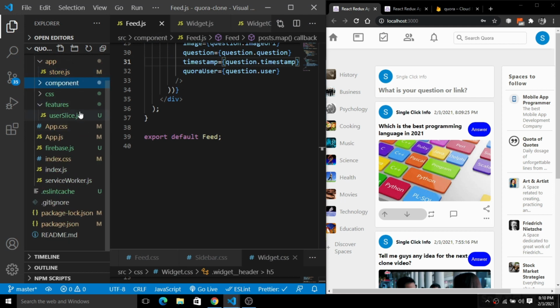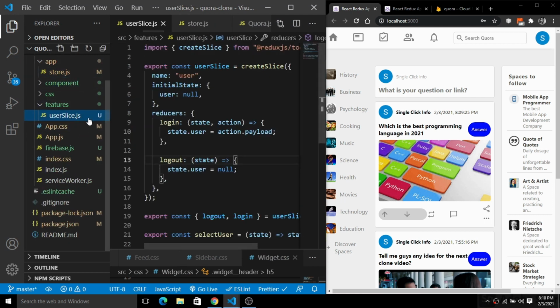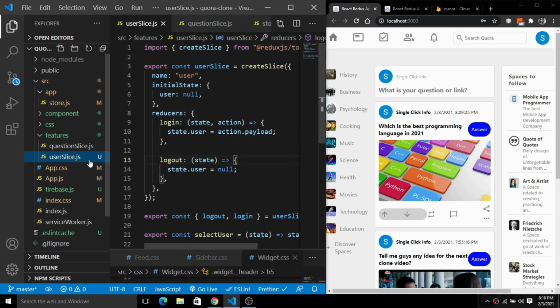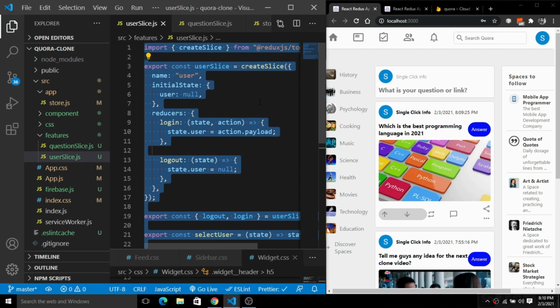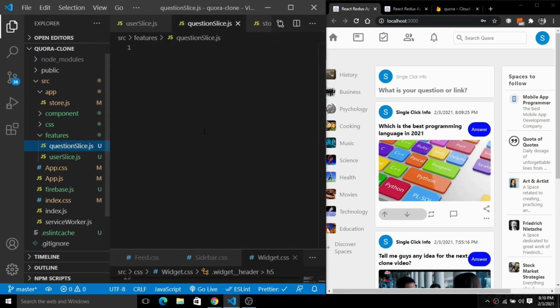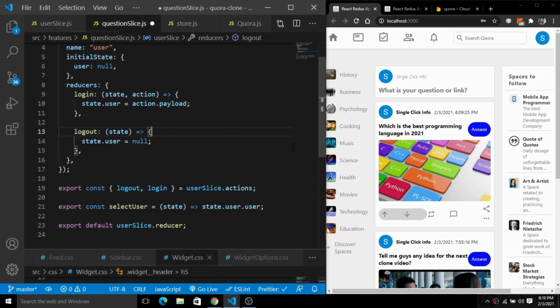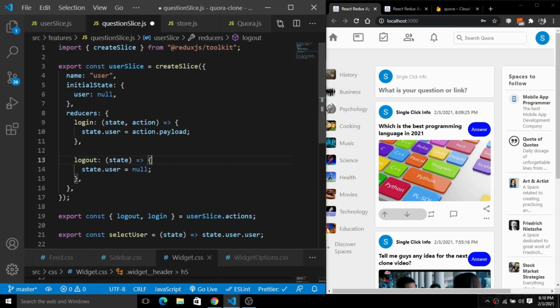So inside of this features folder, you guys can see we have this user.slice. Now it's time to simply create another JS file here, the question slice. For that we will create a state for the question. So we have this user slice, and after this we have this question slice. So I'm going to simply grab everything from the user slice and paste it into the question slice. Now we will simply edit this file here. Inside of this question slice, we will have a name, so for the name we'll simply change it to question. Here instead of this user slice, we will update it with the question slice.